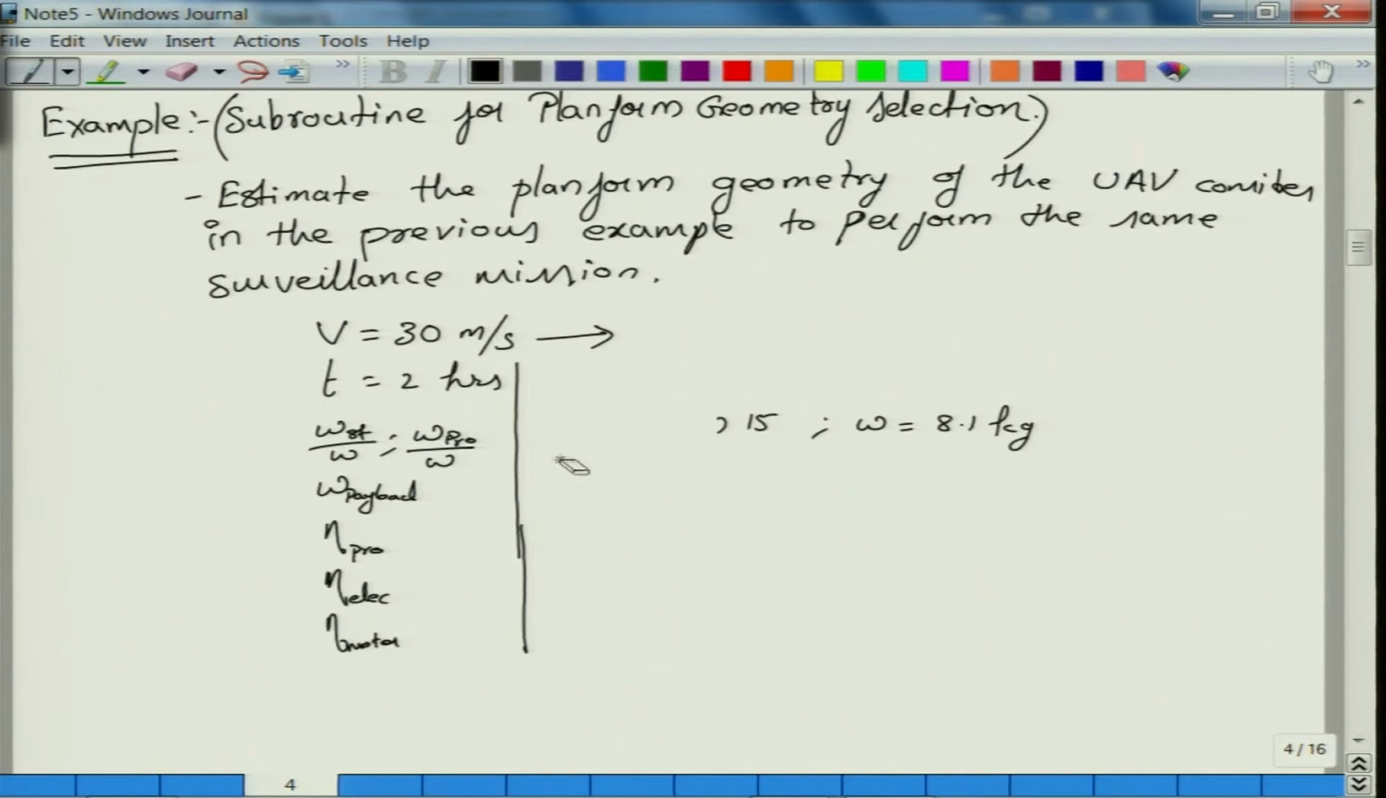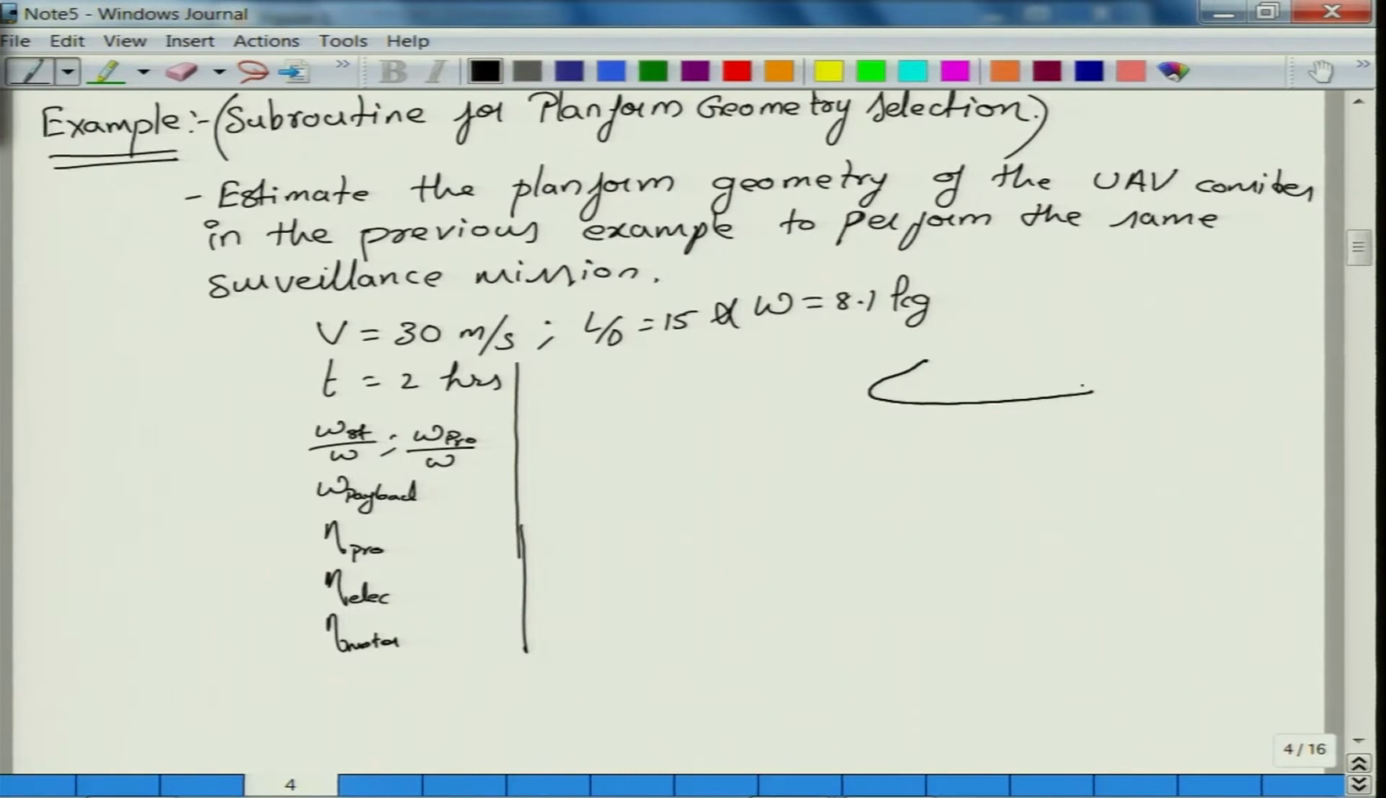So, I am trying to erase this part. Apart from 30 meters per second, we have L/D of 15 and the total weight of the aircraft is 8.1 kg. These are the things that we are going to take as inputs, right. Now, as we know the UAV is performing this mission, the first and foremost thing that we expect is, at this particular flight velocity, right,